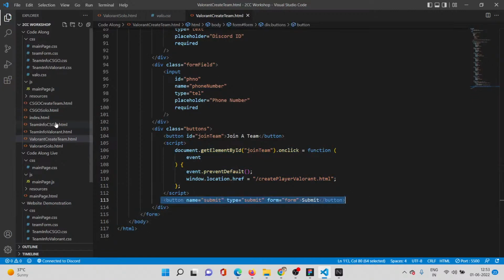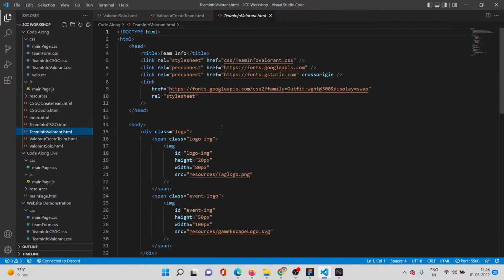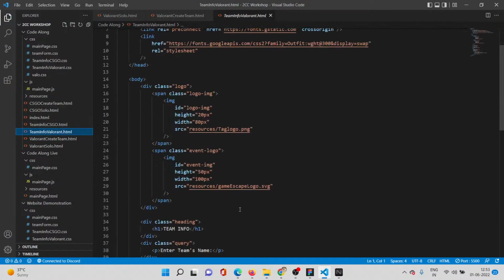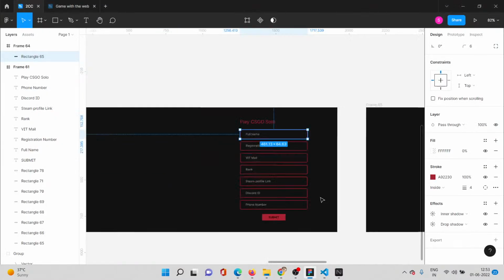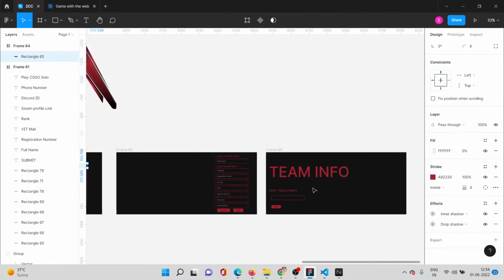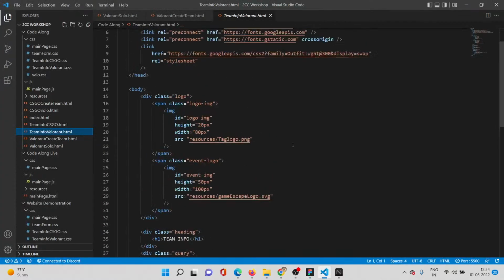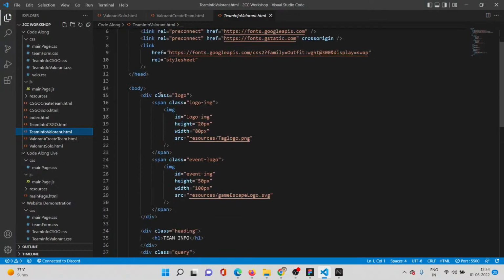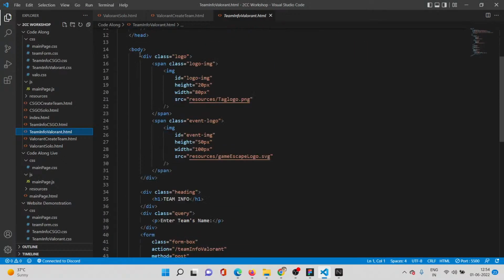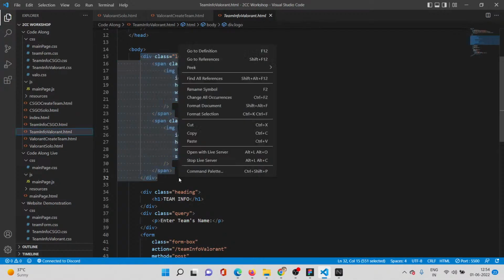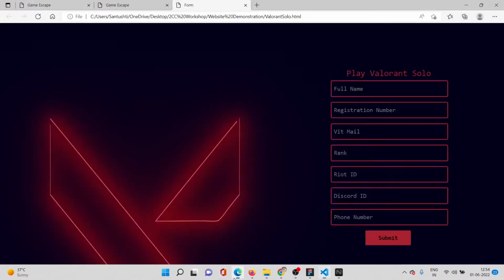And now coming to the team info Valorant HTML, here I am creating this particular web page over here. It is nothing but a big div which will contain the name team info, then another relatively smaller div which will contain the name, enter team's name, and then a form and then a search button. So now coming to it, in my body tag I have a logo. So also we actually have to create a logo. So if you look over here,